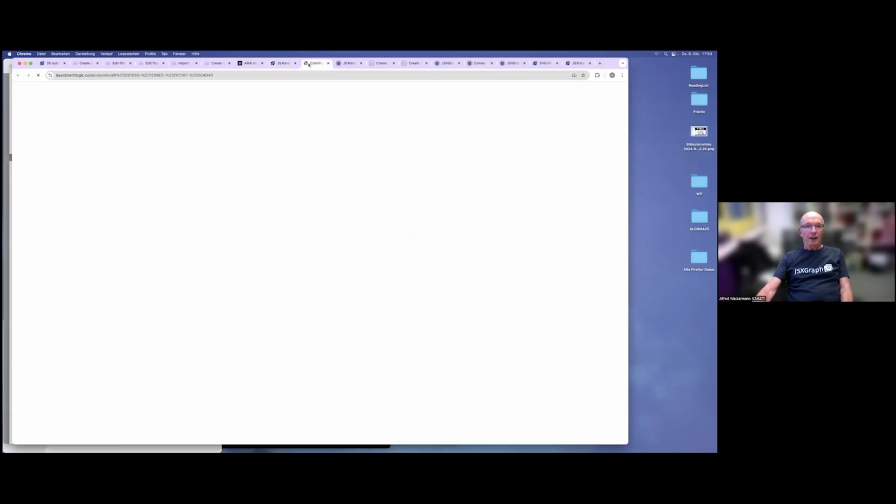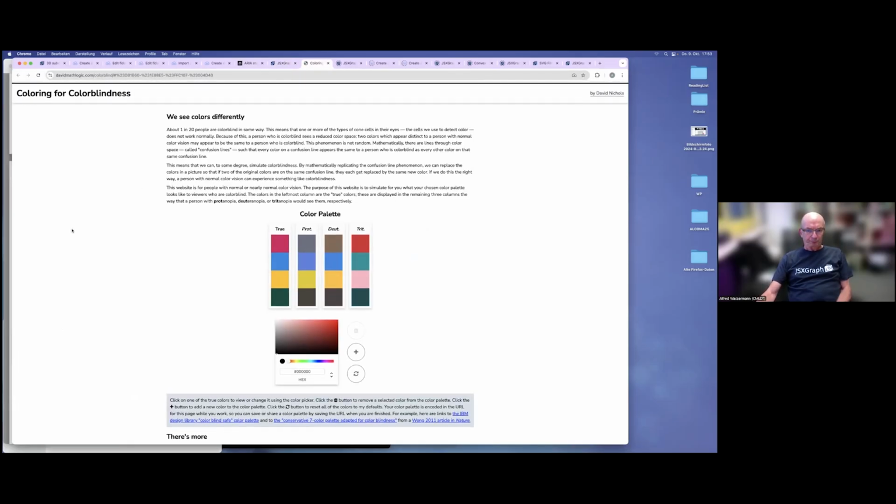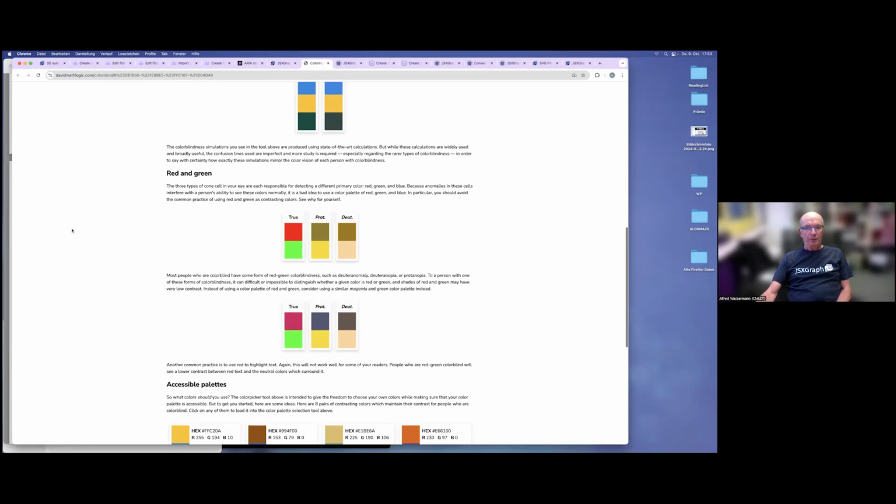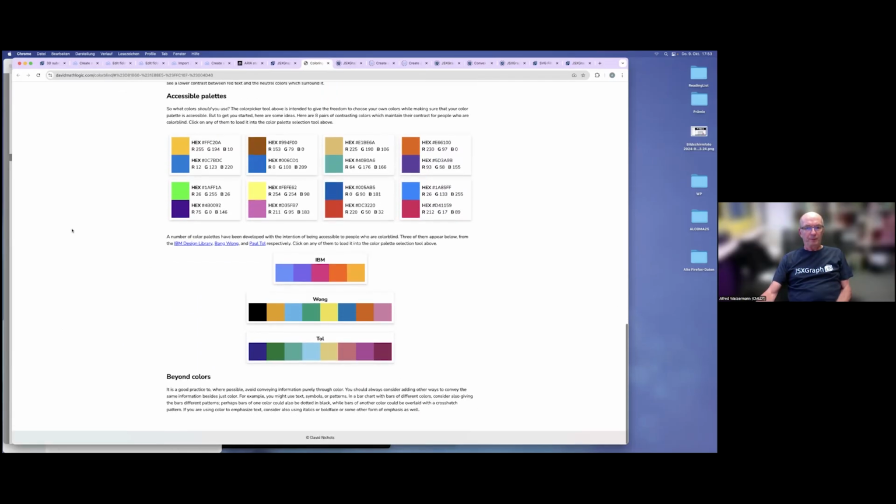There was a blog post displaying the problem, and there are certain palettes which optimize colors for certain types of color blindness. It depends a little bit on the type of color blindness, and we implemented this